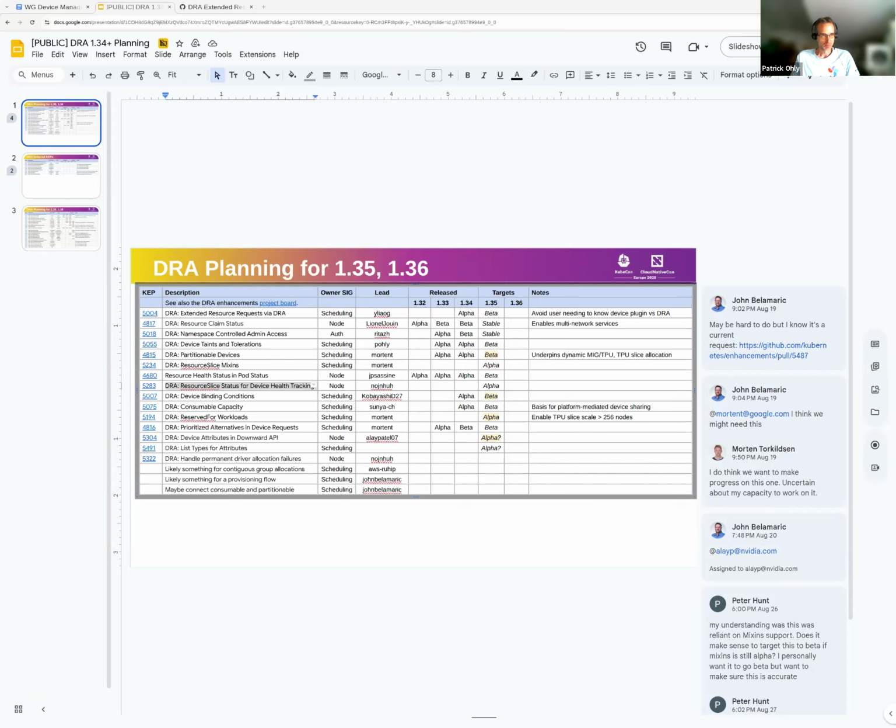But perhaps one thing is relevant in that context, and that is the coordination of which devices get allocated together. If you have multiple requests in a single resource claim, you can have constraints that limit which devices go together. That's the match expressions. I think it's the only constraint that we have right now.